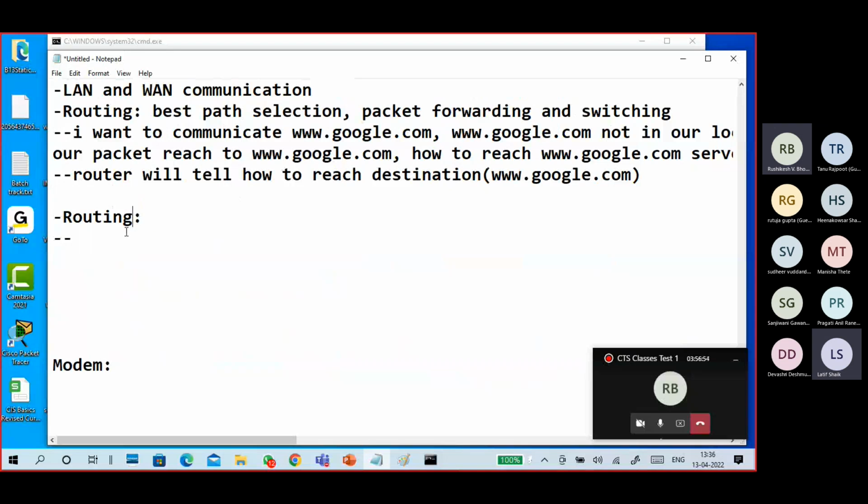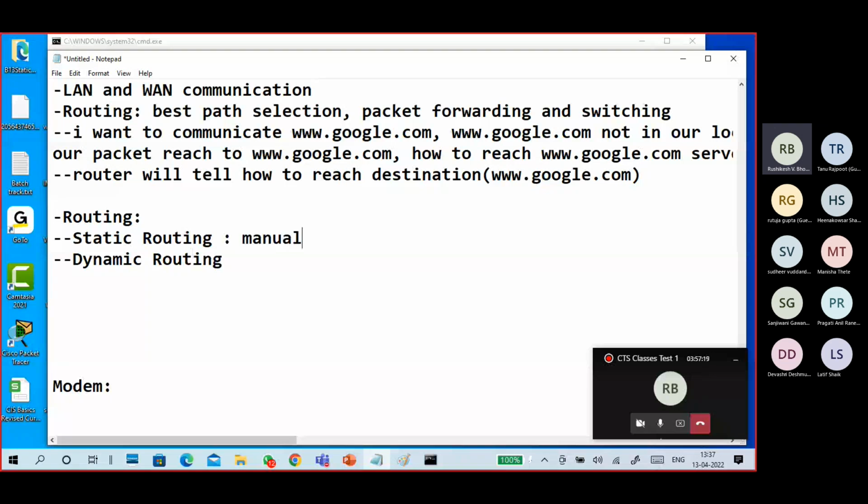In routing, we have static routing and dynamic routing. Static routing means you manually define the route path. Route means you're telling a way.